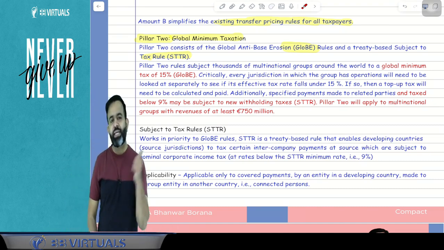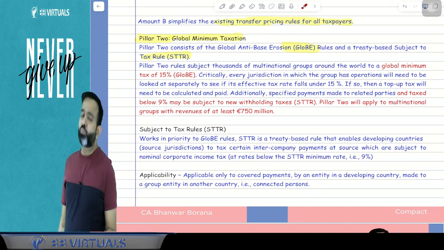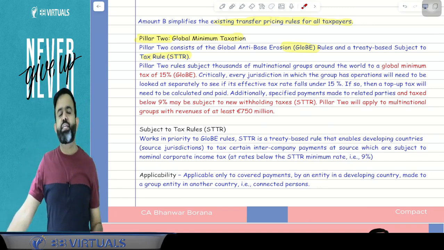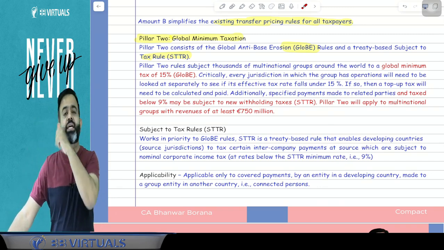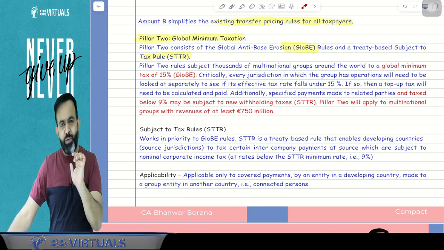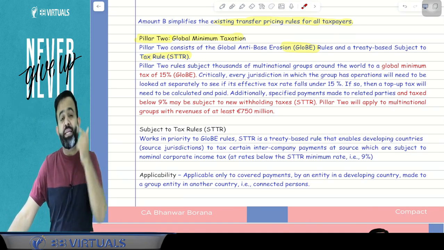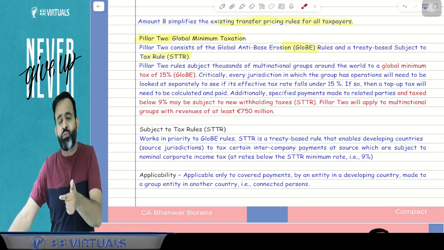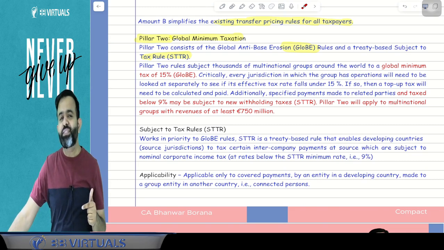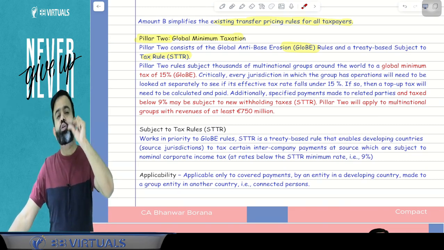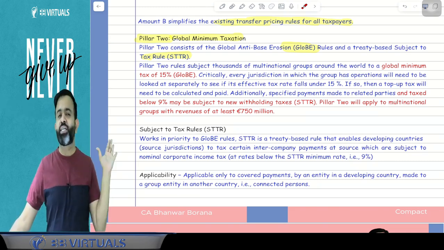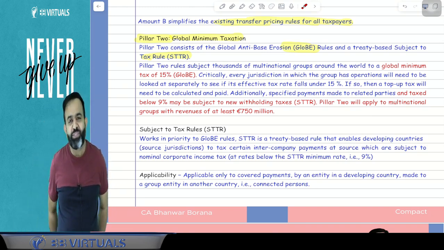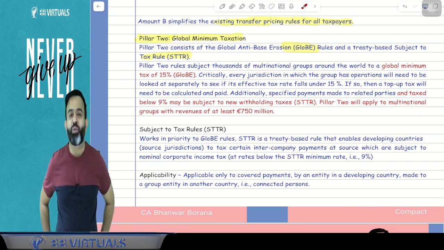So for an example, I can take one example. There is a multinational group, and the multinational group's name is Unilever. Now Unilever is paying, suppose, 5% tax in Dubai. In Dubai, the tax rate is 5%. They are paying 5% tax in Dubai. That is less than your effective tax rate. Like 5% is the effective tax rate, that is less than 15%. So here 10% will be the top-up tax that can be charged by the Dubai government. So Dubai government may charge the 10% top-up tax. So that is called your GloBE rules.